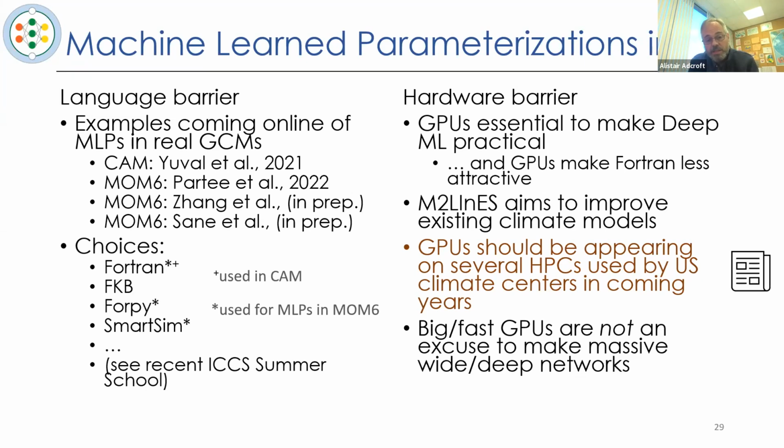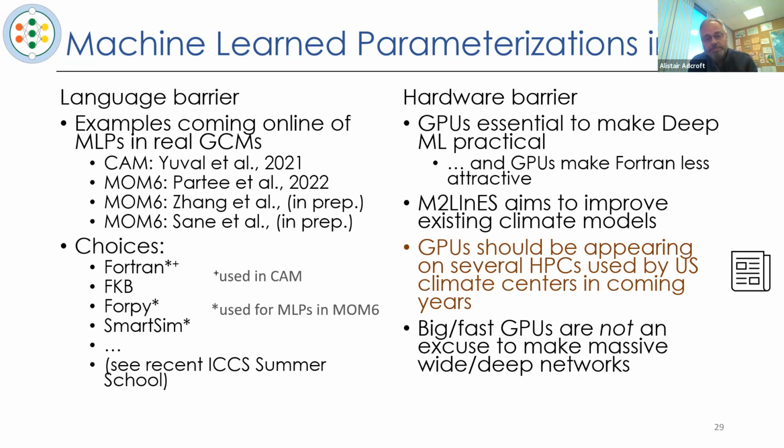But then the other issue is to do with hardware, and I think this is worth discussing because, as we said, our aim is to improve existing climate models, and those models currently do not take advantage of, or even run on, GPUs. So there is a challenge, which is that the networks tend to work very efficiently on GPUs, partly because GPUs are naturally good at handling the math of networks. And our deep learning networks can be quite expensive,